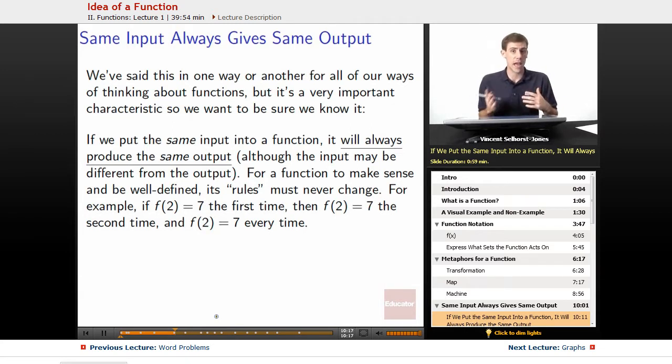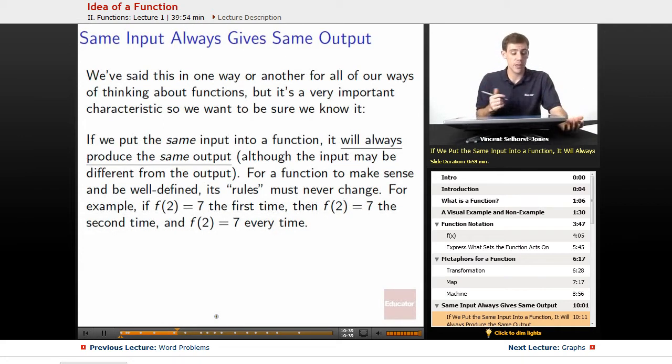Now, the input and the output could be totally different. The input isn't necessarily going to be where we show up in the output, right? You start in San Jose and then you show up in some farmer's field 100 kilometers to the north. But you're going to come out to that same farmer's field each time because you're showing up at the same location. So for a function to make sense and be well defined, for it to work, its rules must never